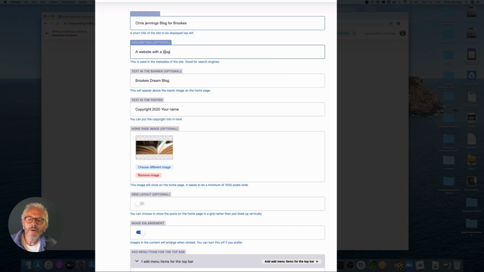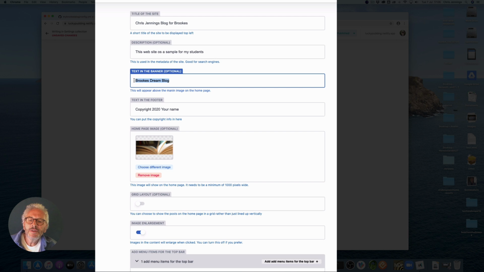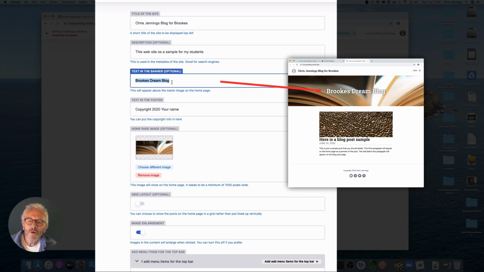as an example. You can give it a description. Now this is very important in the metadata of the site. Better just correct that mistake there, but let's just put in here okay, and then this is what you'll see here: this particular text appears right above the main banner image. So I'm just going to call that